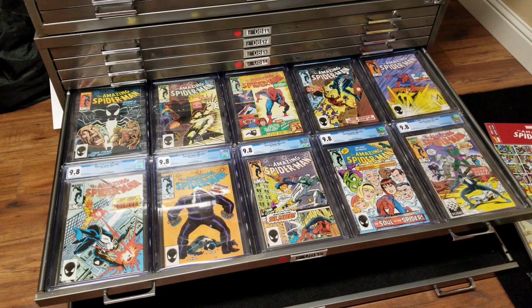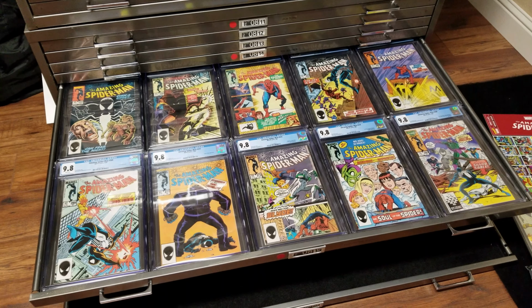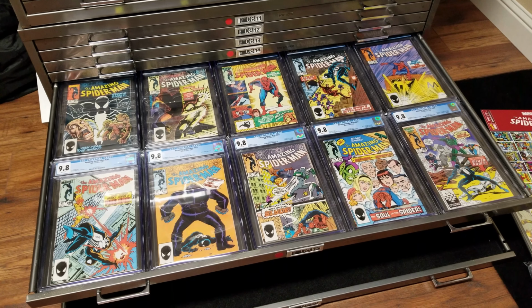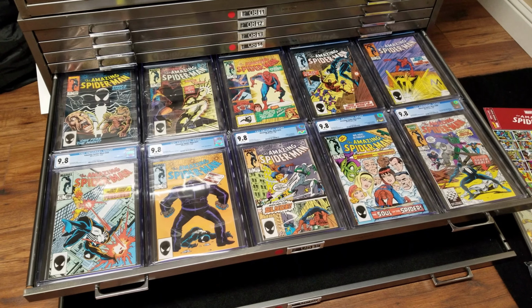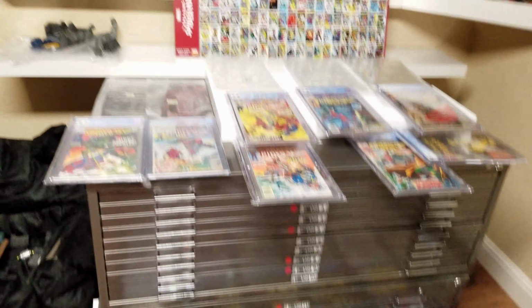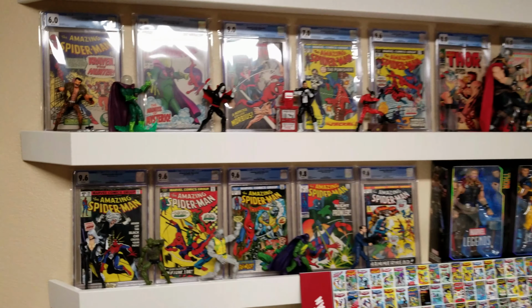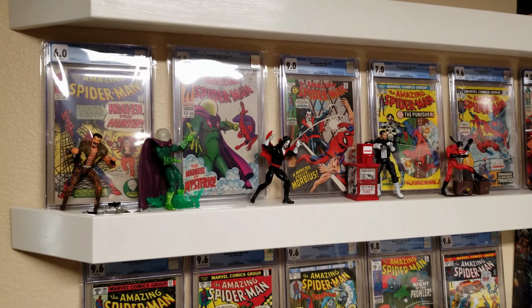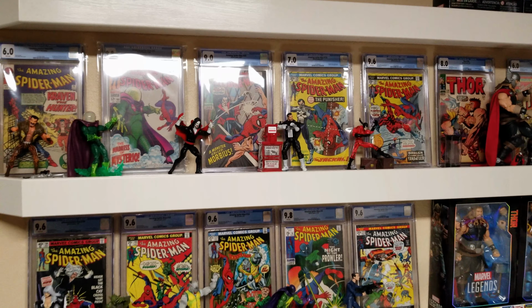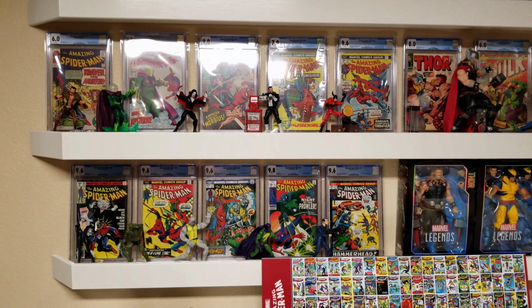So, well, somebody asked me to do a video on how I store my books. Well, some I'll just display on the shelf, as you can see. But I only have so much space there. Then